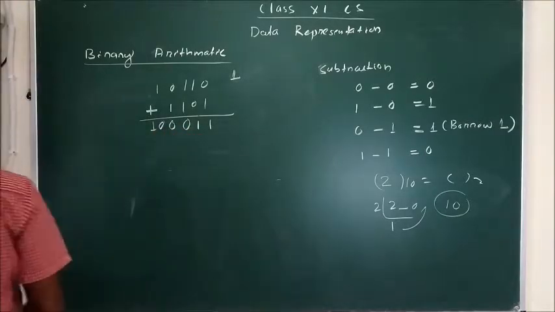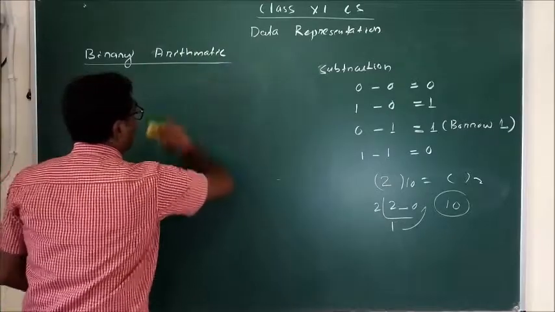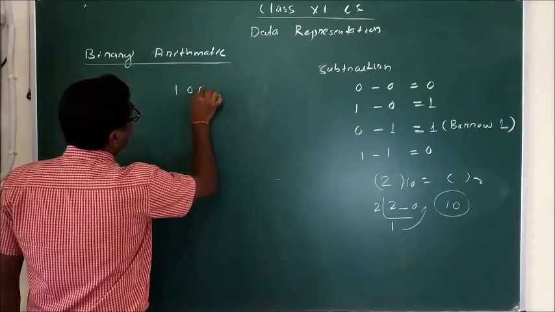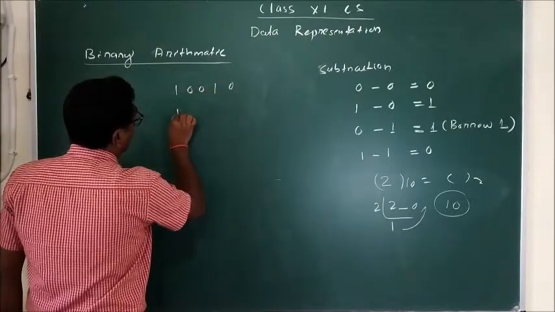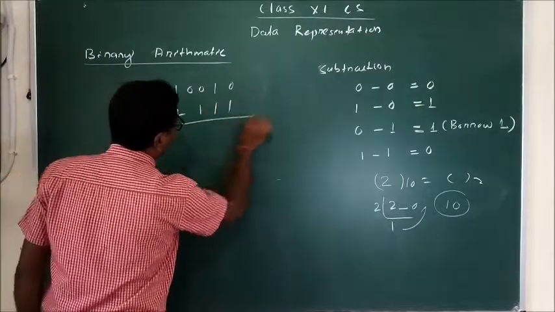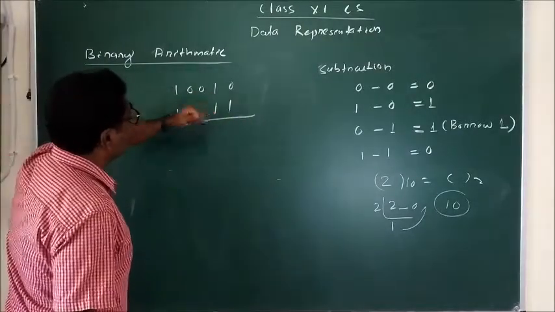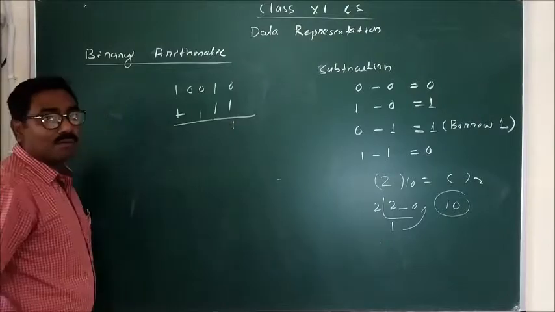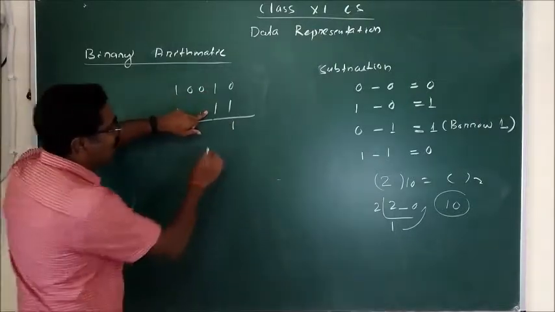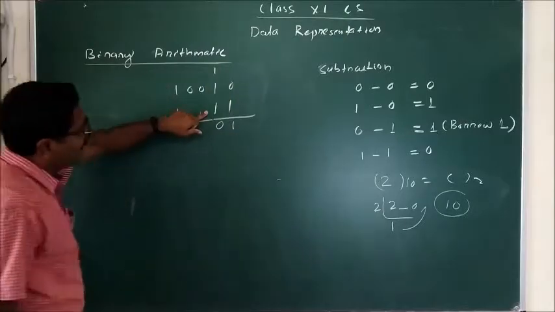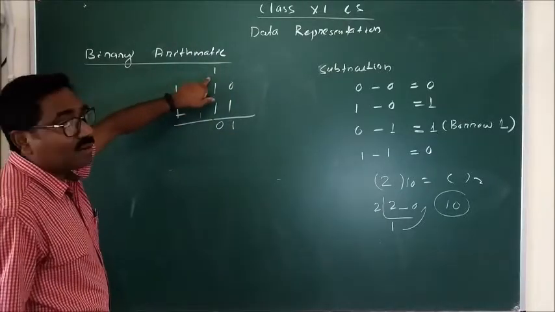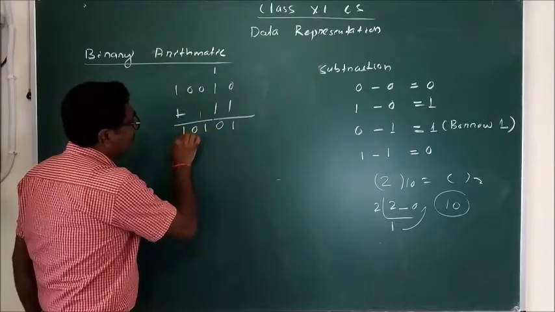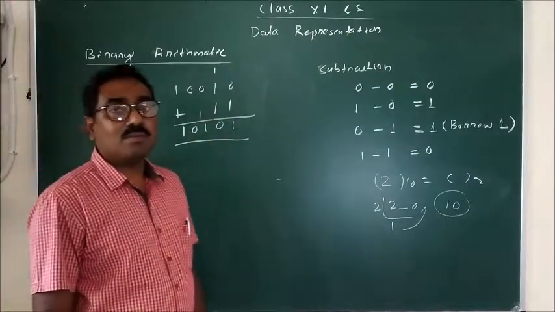I think it is a little bit harder, so go for a simpler one now. Suppose I am calculating now 1 0 0 1 0 plus 1 1 1 plus 1 1 only. So what is now? 0 plus 1 is equal to 1. 1 plus 1 is 0 with carry 1. So this 0 plus we have to calculate this carry 1. Now the number is 1. Then this is 0 and this is 1. This is the addition of binary.